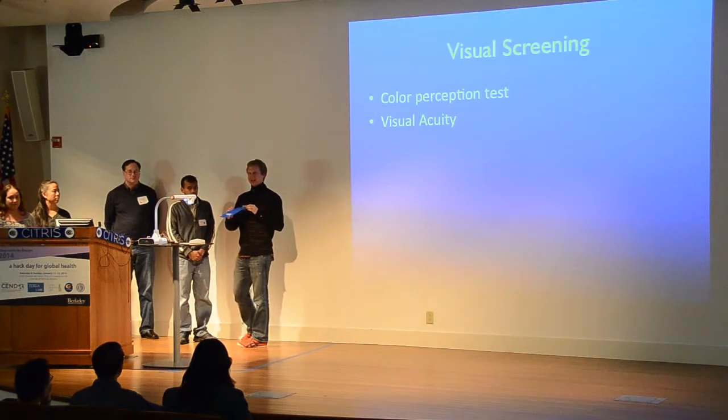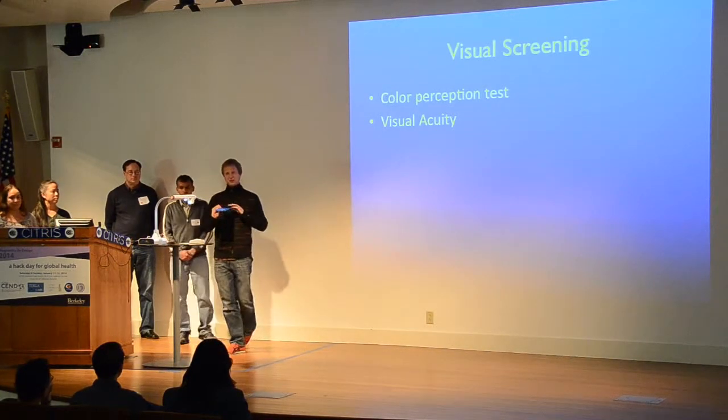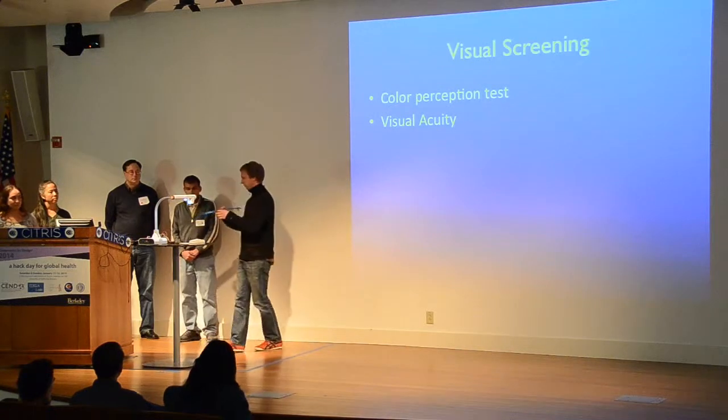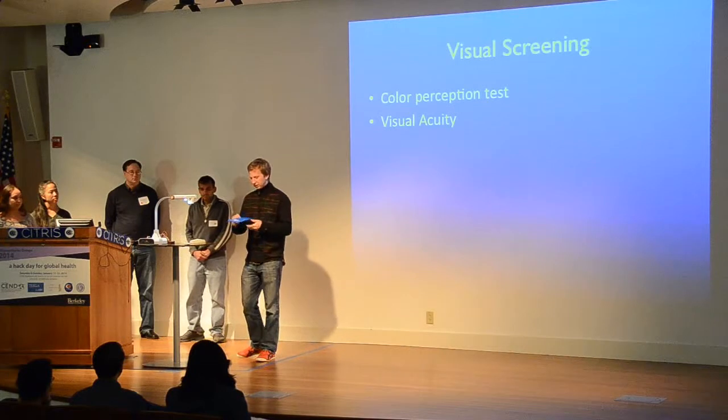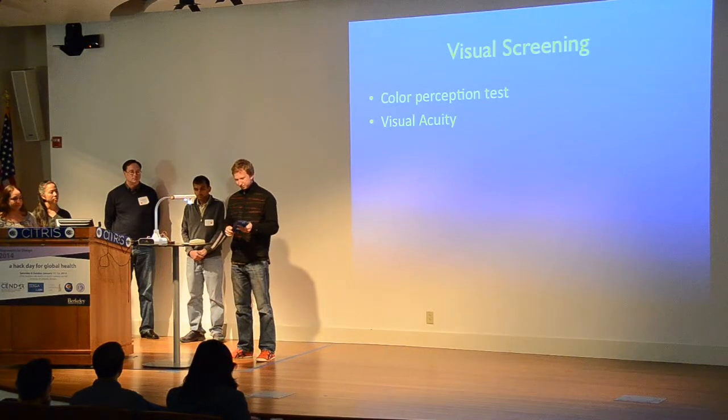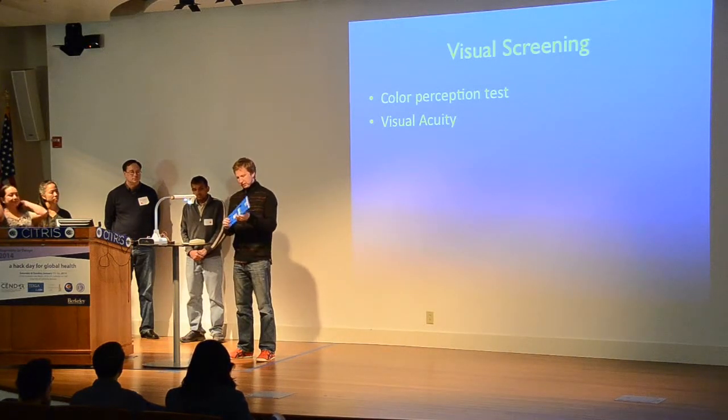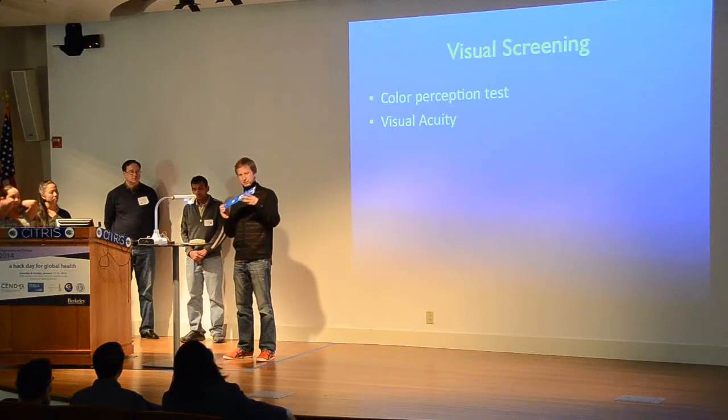Or you can actually ask the child, how many lines can you distinguish? So you can do it by looking at how they react, their reaction aspect. So that's the acuity side of it. And if we fold it back down,